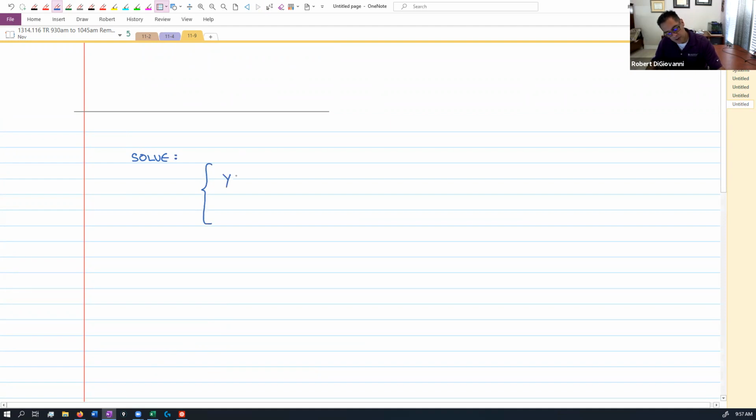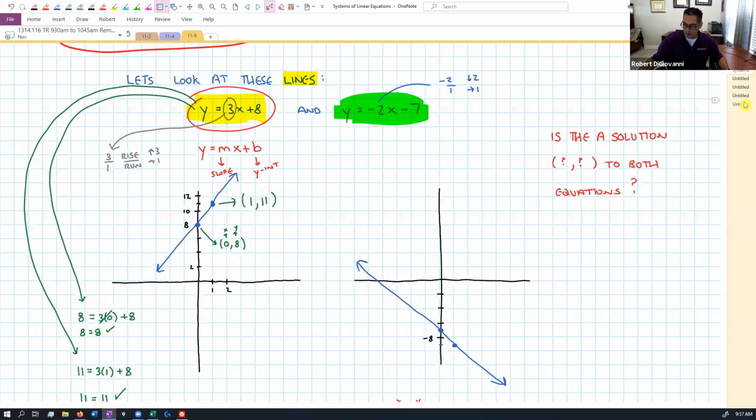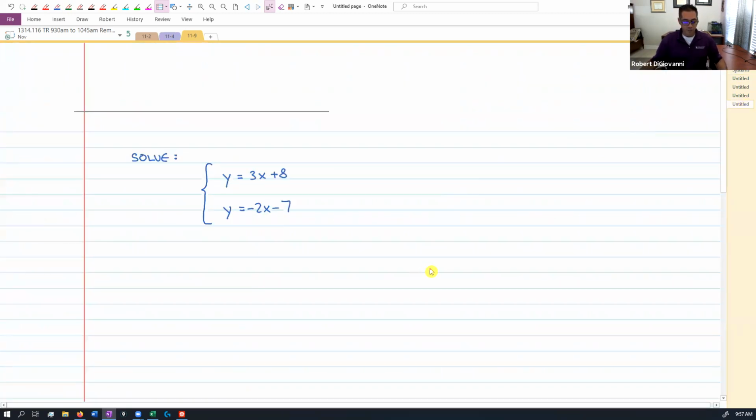I'll put the first equation, y equals 3x plus 8. And then I'll write the other equation below it, y equals negative 2x minus 7. I believe that was it. Let me just double check. Yeah, okay. That's what I'll do. I just put a big brace in front of the two linear equations, and then I just tell you to solve. And that means you are now going to try and find where these two lines hit each other,